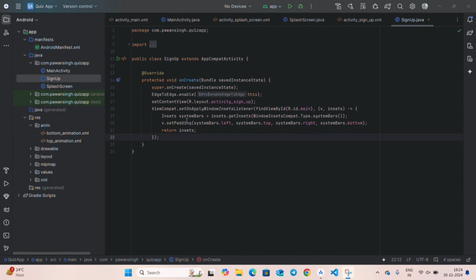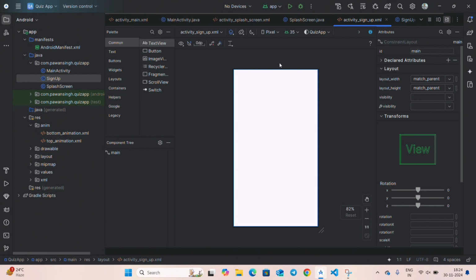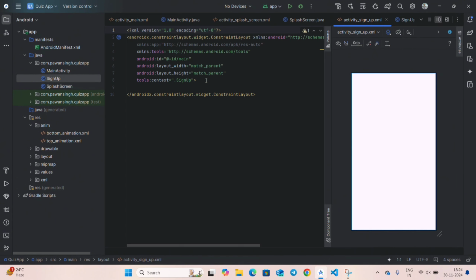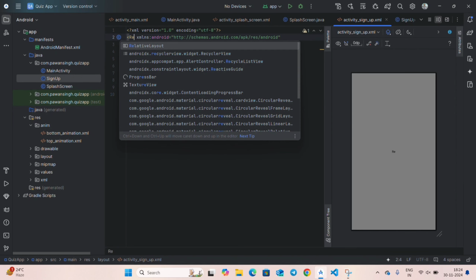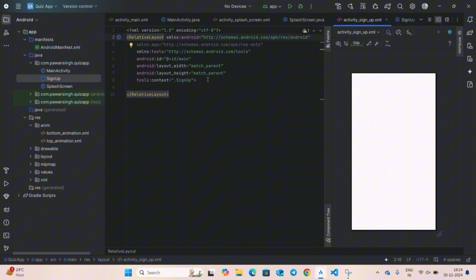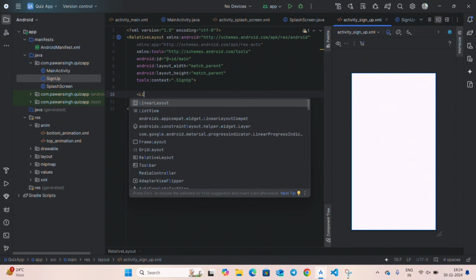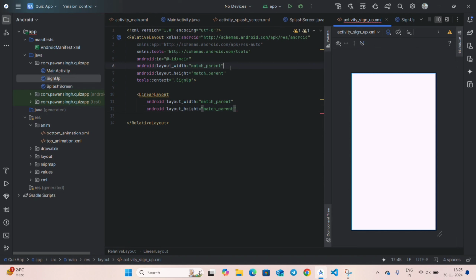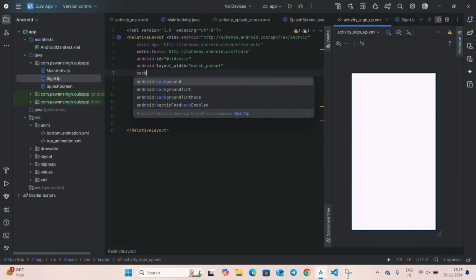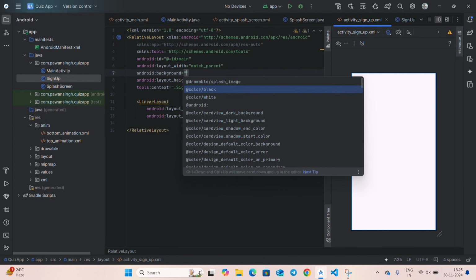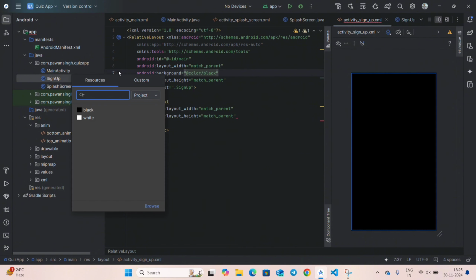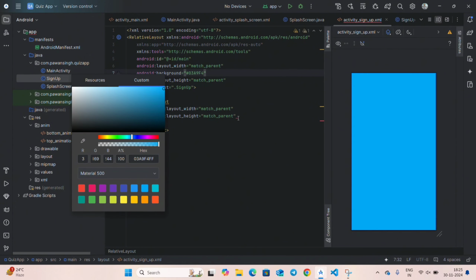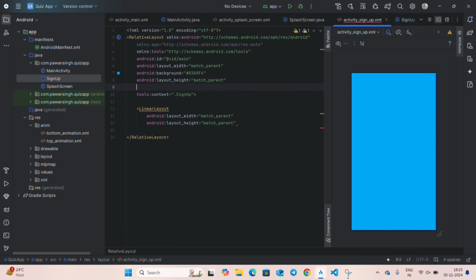So now in sign up XML, activity sign up XML, split this view, and inside this, as we will not work with constraint layout, we will use relative layout, and inside the relative layout we will use a linear layout with match parent and match parent width and height, and give color to the relative layout as background color. Give first black and select from the custom color and select blue color. Give it padding of 3 dp,